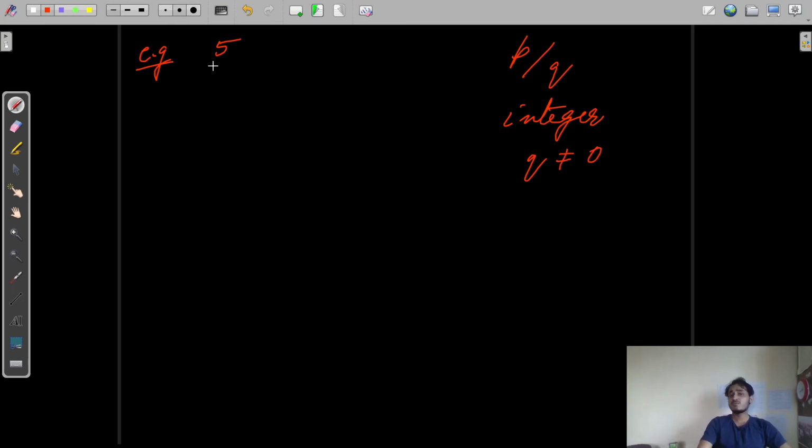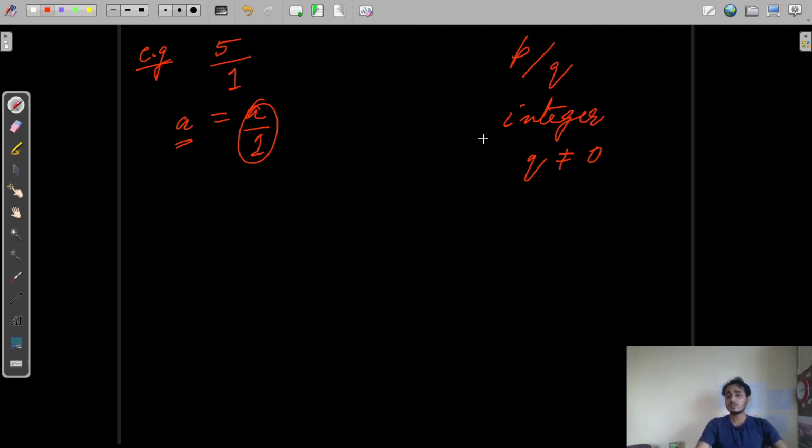So as far as 5 is concerned, tell me whether 5 is in the form of p by q or not. You may say that 5 is not in the form of p by q, since we have p as 5 here, but there is no value for q. But that's a big mistake. We all know that we have 1 as denominator for every whole number. For example, any number a can be written as a by 1. In the same way, we can write 5 as 5 by 1. So this number can be written as p by q.